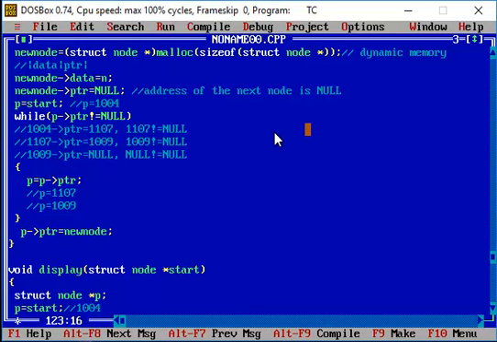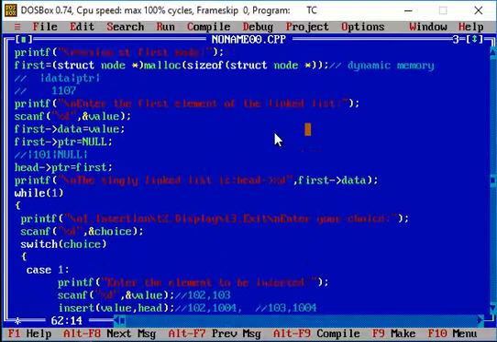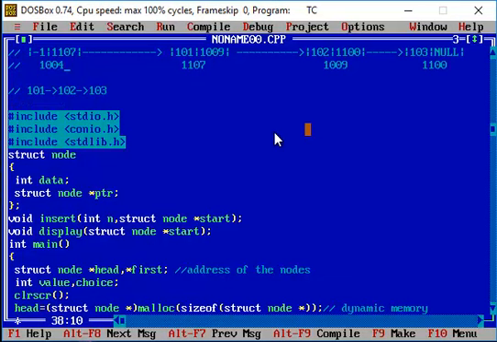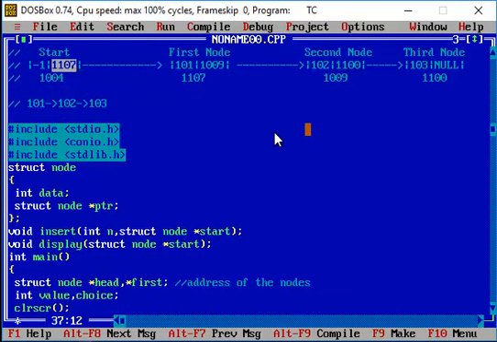And in that 1004, I'm going to see the pointer node, and that will give me the address of the first node. So I'm going to take the pointer field that is present for the start node. Your start node has the address 1004, and in that 1004 location I'm going to see what the pointer field value is. That pointer field value is 1107, that is the address of the first node.